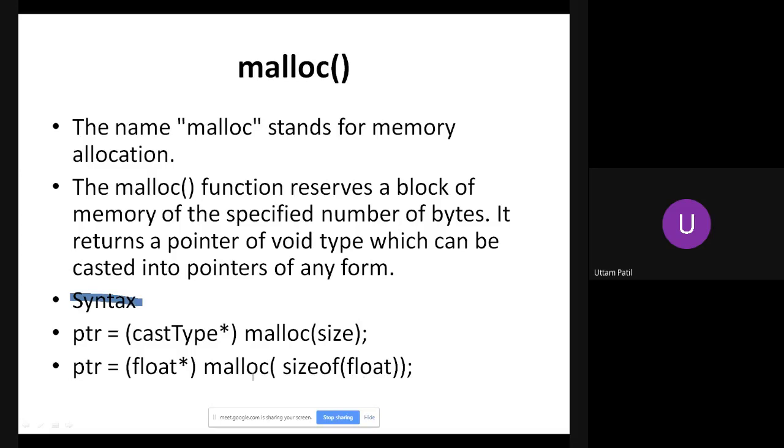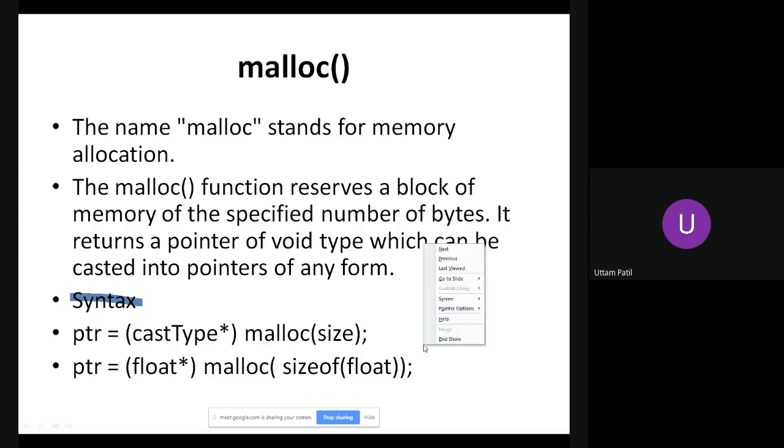So this malloc allocates 4 bytes, because you can directly write 4 here. That's also fine. But we do not write the numbers because we need not know the size of the data types. We just write sizeof float, because when you run this on different machines, based on the architecture, the size of float will be different. So if you just write 4, then it will allocate only 4 bytes. But if you want to make it run on different systems, then we have to write sizeof float. Now for this example, on a 32-bit machine, sizeof float is 4. So 4 bytes will be allocated.